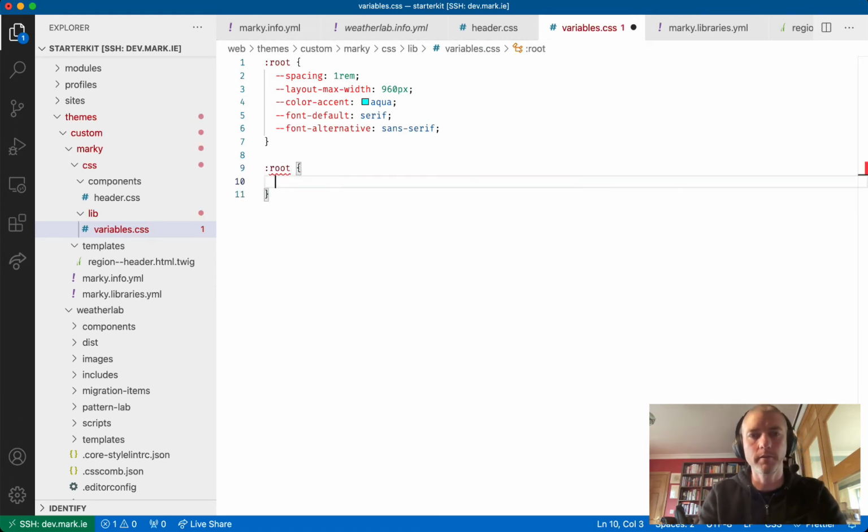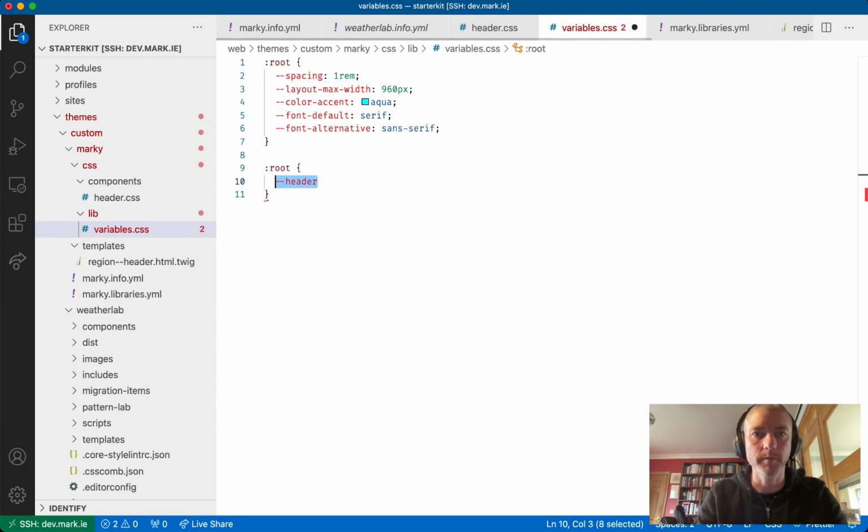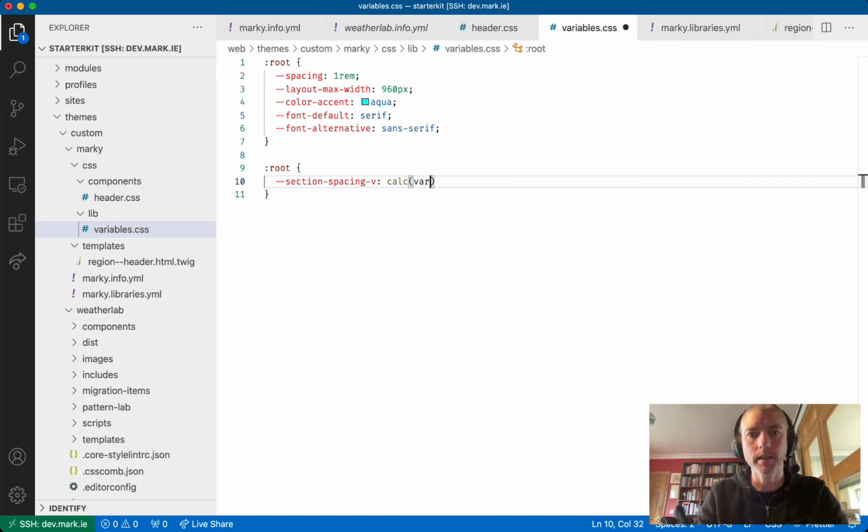These are going to be variables that are custom to just this website. This looks a little bit strange here, but let's go with this for a second and we'll do the subtheme then. Actually, I'm going to call it section spacing V for vertical. And I'm going to say that is calc var